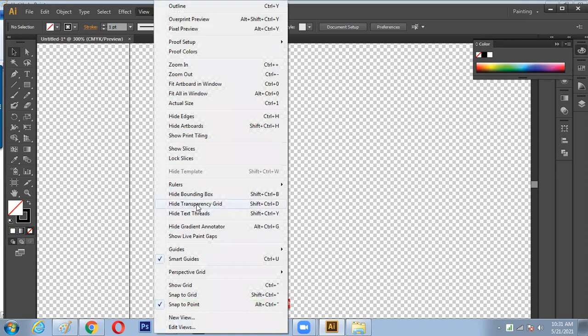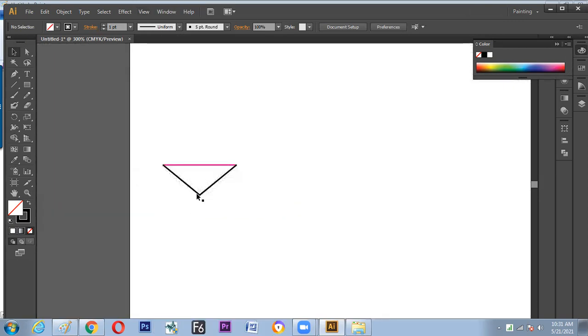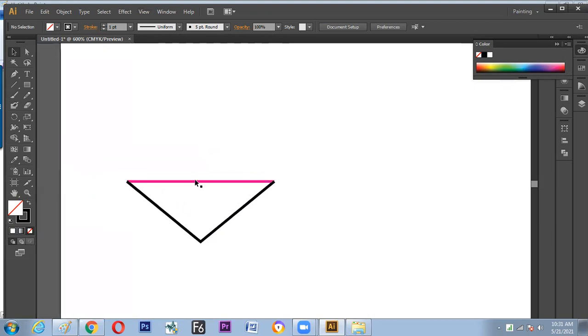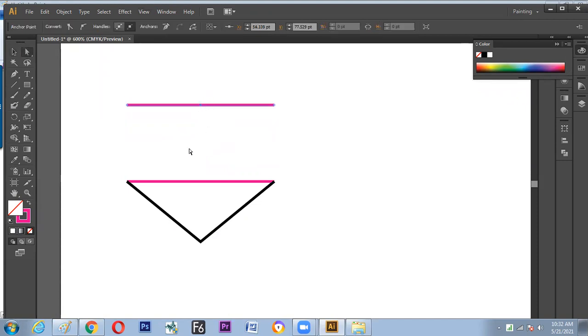So hide transparency grid. Now the next action, what we have learned, how to convert a straight line into a triangle, and next we are duplicating the same line, selecting with the direct selection tool. Now we'll be moving to the next process, how to break a line on the anchor point. Now the topic is very clear. Select the anchor point,